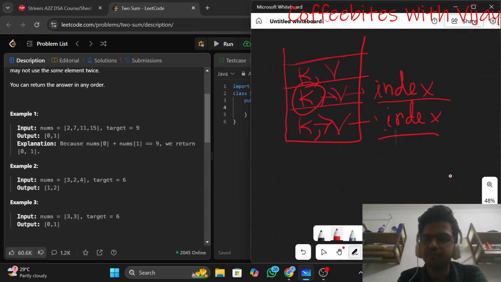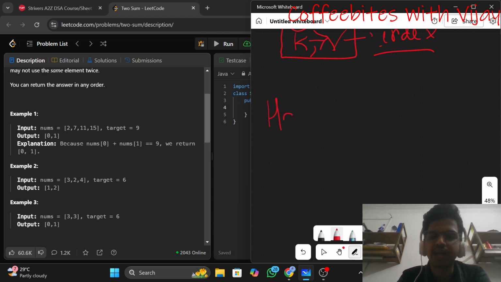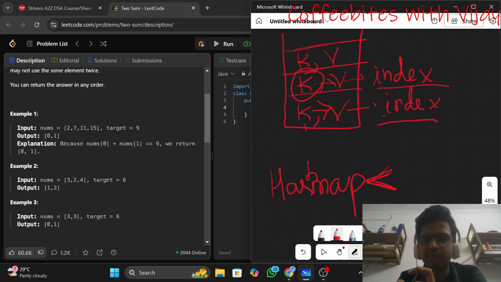And guys, how do we declare this hash map and how do we use it? The declaration is easy. You have to write HashMap, the collection, then the open angle bracket, and inside this you have to give the key and value. For me, in this problem I will store the numbers inside this array. I will store two integer values. The data type of the key will be an integer, and the data type of the value will also be an integer.